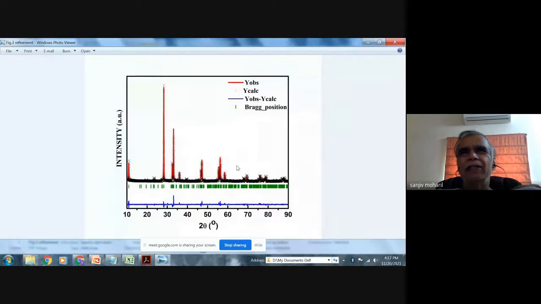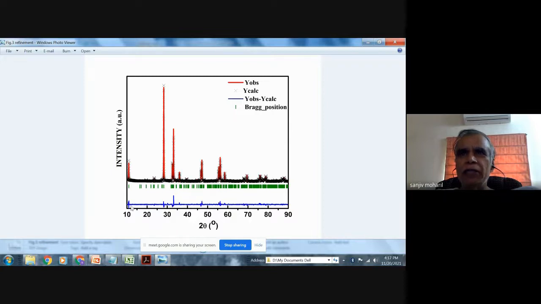Yes, this is it, Rietveld refinement. So what is done is that point by point, you plot the differences in the intensity of our XRD pattern and the standard pattern, and then we get a graph of this type. So we change the parameters. It means that the program changes the parameters in such a way that the sum of these differences will be minimum.